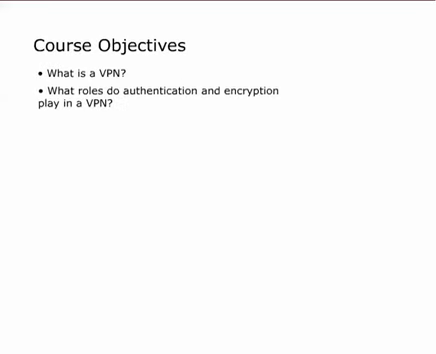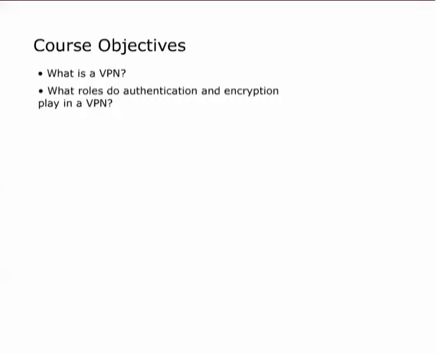Today we're going to learn about virtual private networks, or VPNs. A VPN allows you to safely move data between two private networks across an unsecured network such as the Internet. VPNs depend on authentication and encryption. Authentication to identify the sender and recipient of the data, and encryption to keep the data secure as it moves